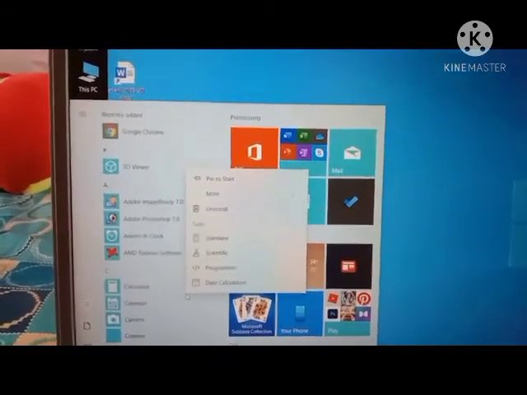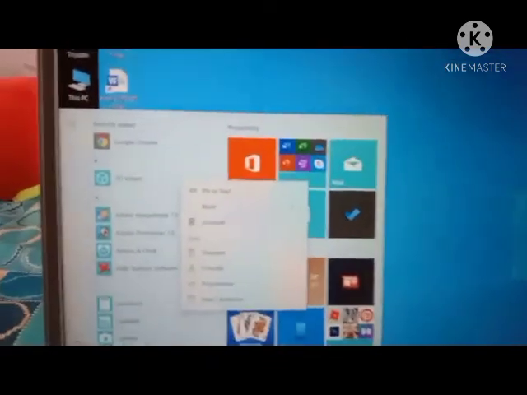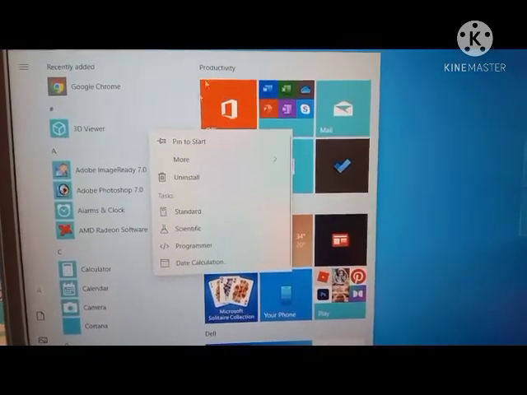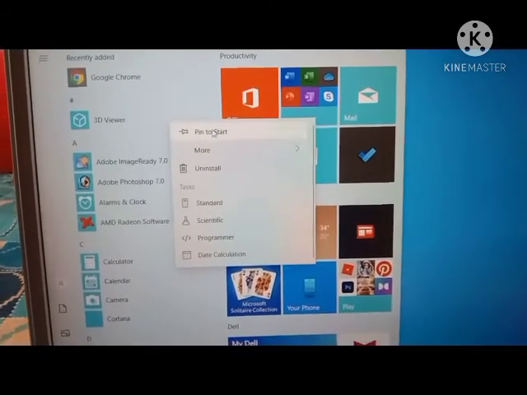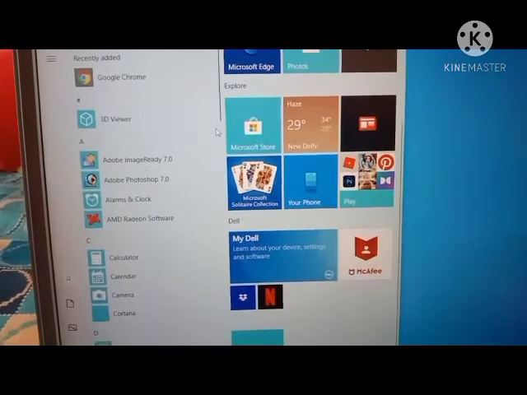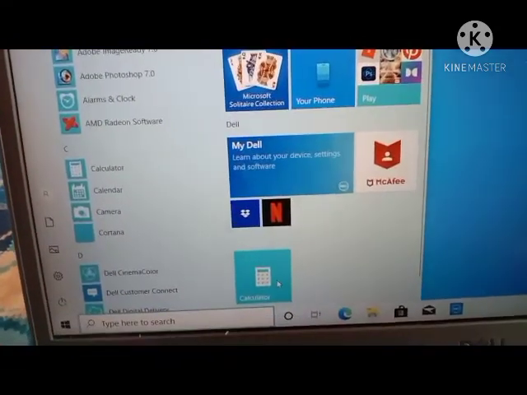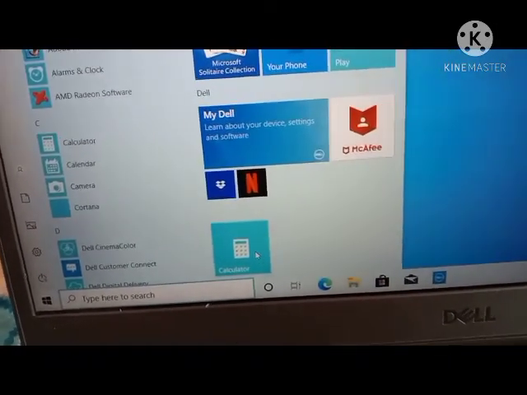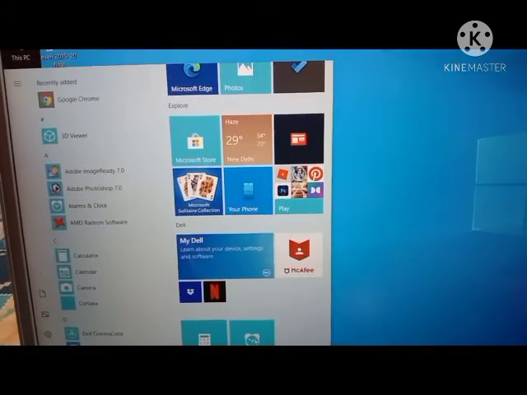As you can see, a pop-up menu appears. The first option of this pop-up menu is Pin to Start. So we have to click on this option. After clicking this, you can see a new live tile is formed, that is calculator. So students, this is called pinning an app to the start menu.